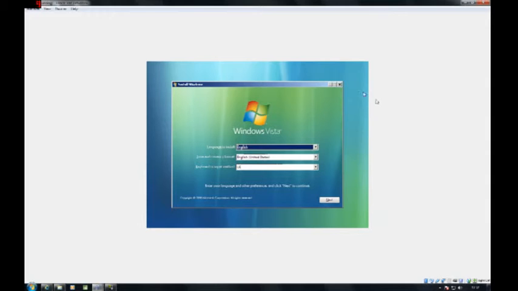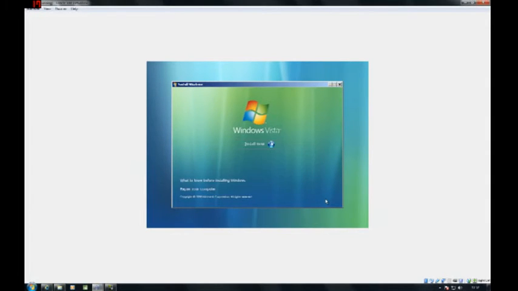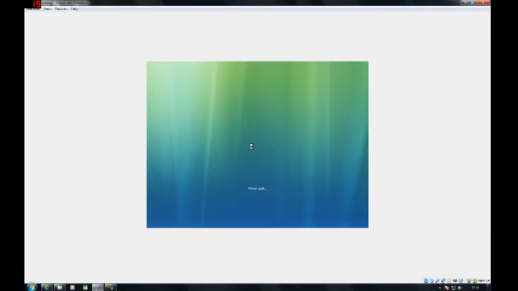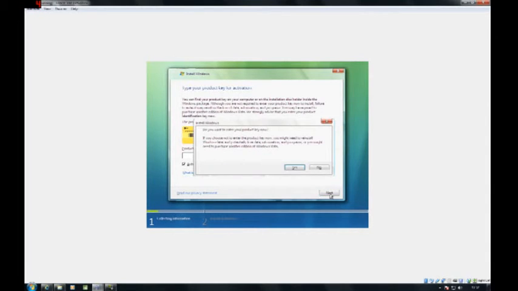So the first bit is asking which region you're in. Because I'm in the UK, I set that to UK, and actually the language settings changed to UK. Now you put in the product key. But the nice thing about Vista is if you don't put in a product key and you say no to this question,